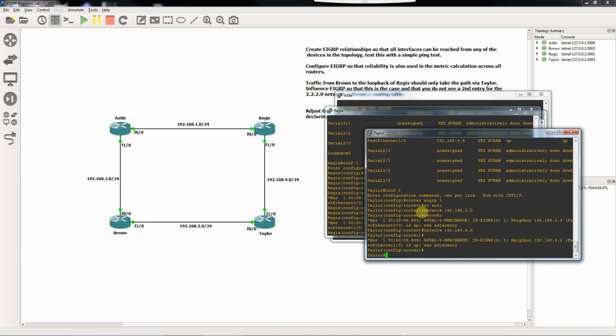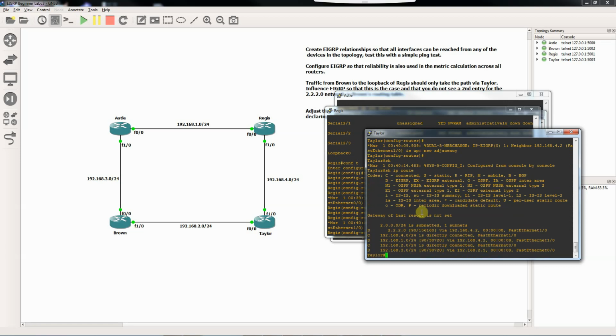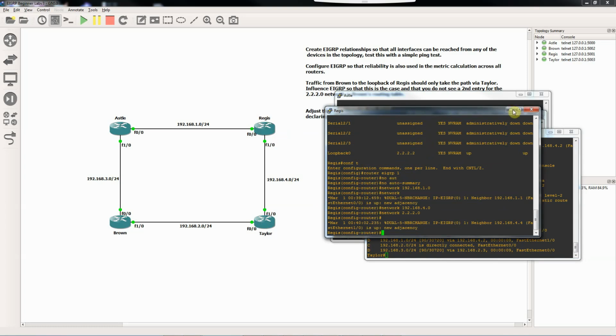So now, if we look in the routing table, what we should see are all the routes for the network. So we see on Taylor here, we're seeing the route to Regis's loopback. We're seeing all the other physical interfaces available as well. And just to prove that, what I will do